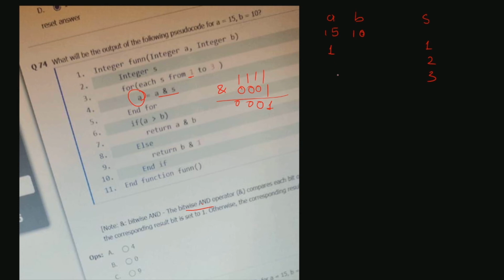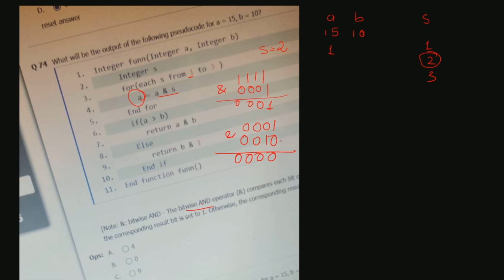Now again this for loop will run for 2 times. So when s will become 2, that is for the second loop, the answer for a equals a and s will become, now our a is 0001, that is 1, and s, what is s? Now s is 2, so 0010. Now when we solve this using the AND operator, we will get 0, because